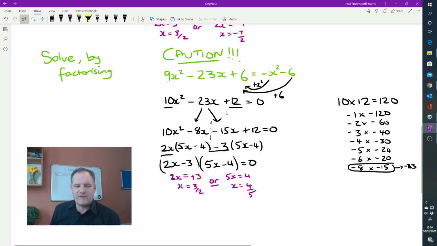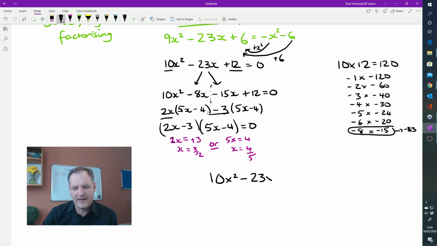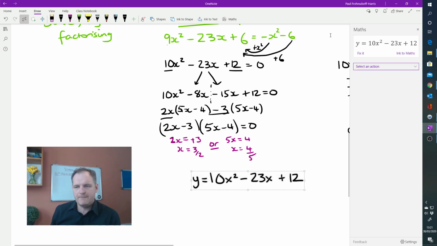If I make this a bit clearer, the equation we're talking about here, I'm going to do it two ways. I want to do it first of all the straightforward way. Once we simplify it, we had 10x squared minus 23x plus 12, and that's y equals. If I now highlight this and draw the graph of it,